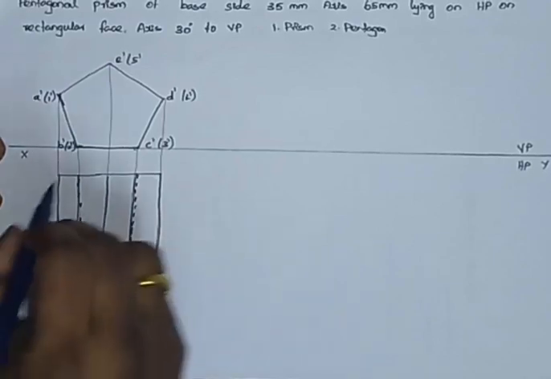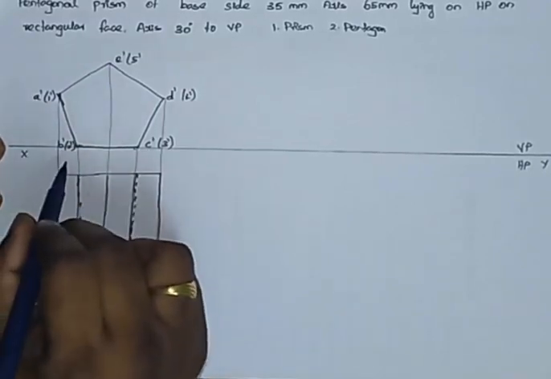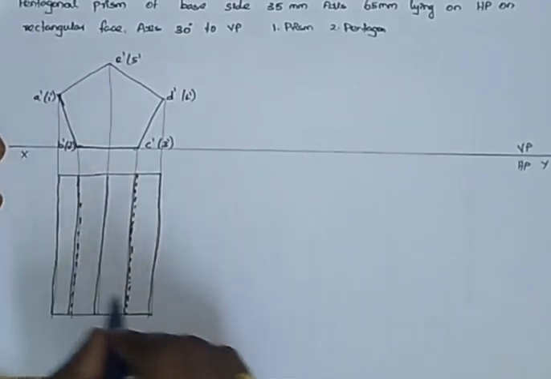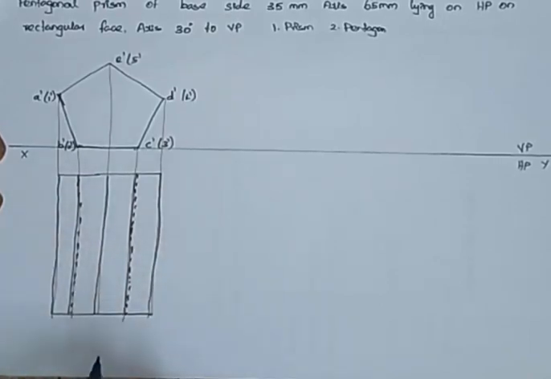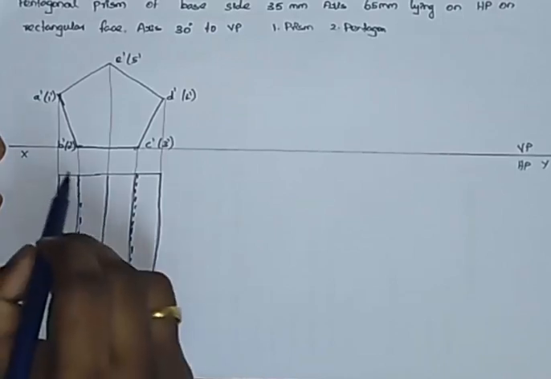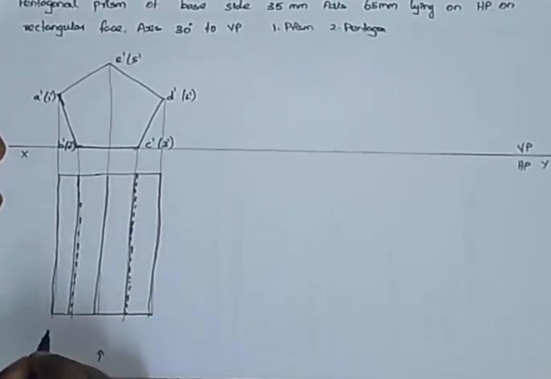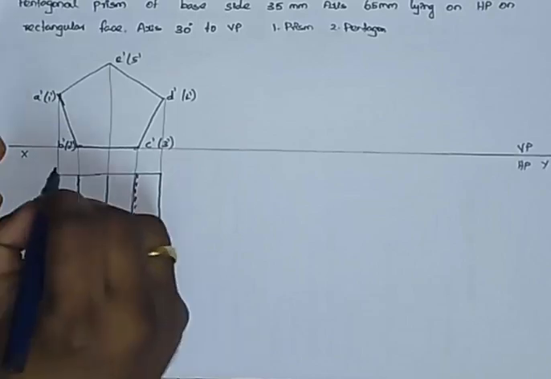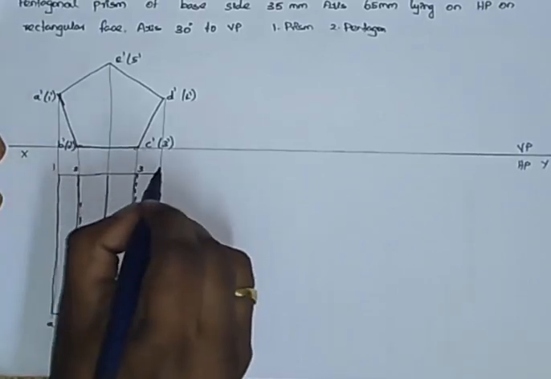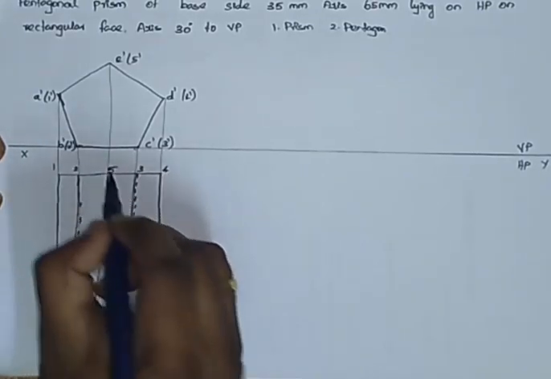Okay. So this bottom base will be named as 1, 2, 3, 4. This base will be named as ABCD, since if you view from here, this ABCD will be visible. These all are invisible. So here it is A, here it is B, here it is C, D, E. Again 1, 2, 3, 4, 5.